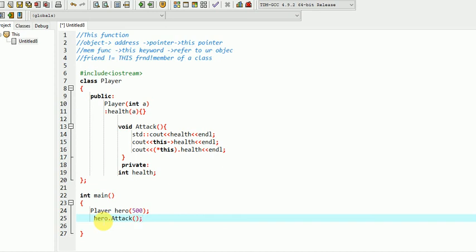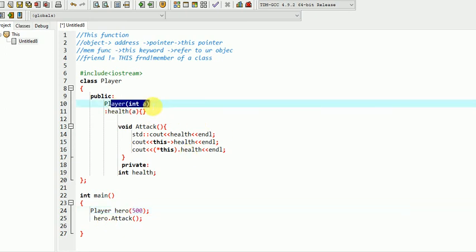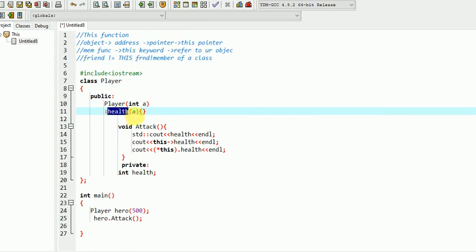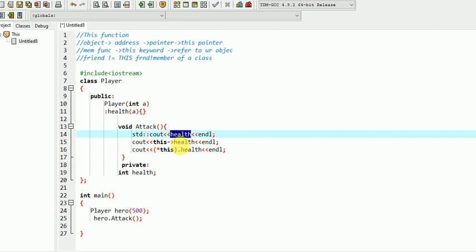We have passed the value 500 to the constructor of our object over here, and this value is allocated, and the value of health is now initialized as 500. So whenever we use this member function, the value of health is 500, so it will print 500, this will print 500, and this should also print 500.